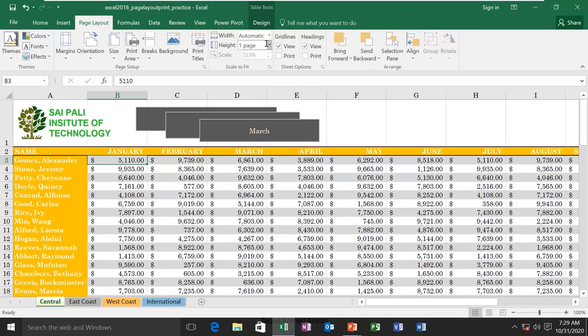So you can decide the height, which means you want to print all the rows in 1 page, 2 pages, and width means you are deciding about the columns. You want to print it in 1 page, 2 pages, 3 pages, 9 pages, or it is better to use automatic. And then you can decide a scale percentage also, like how you want to fit into the document. By default it is 100. Let's say I go for